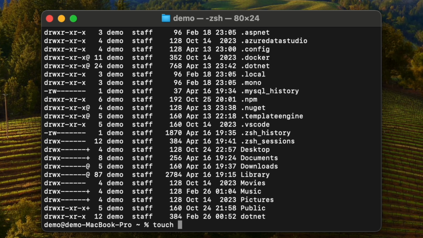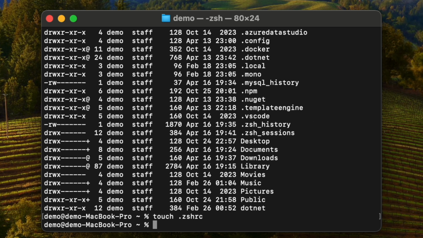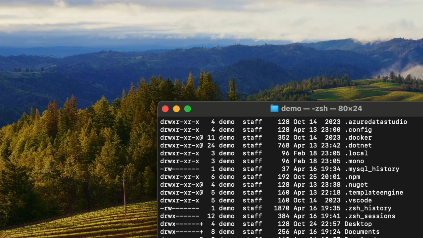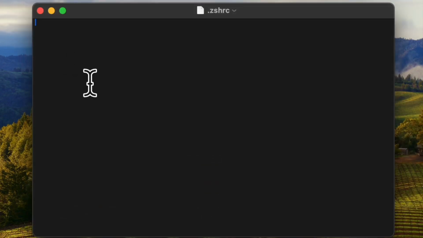You can use touch .zshrc. Okay, then we created the file. Now we'll open the file. You can open any text editor. Here I just use open .zshrc. This will open the file. Since it is a new file, it's empty, so we need to create an export. So export PATH equal to